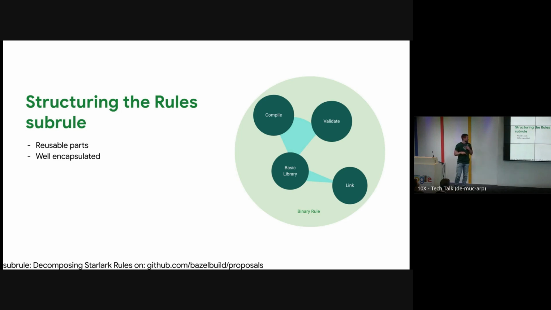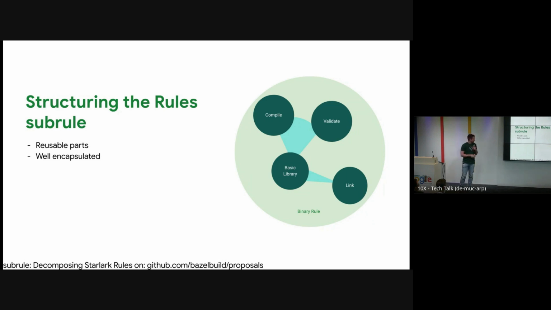So the structuring rules proposal implements a new construct that's called subrule. Subrule is intended to be reusable and also to be well encapsulated.